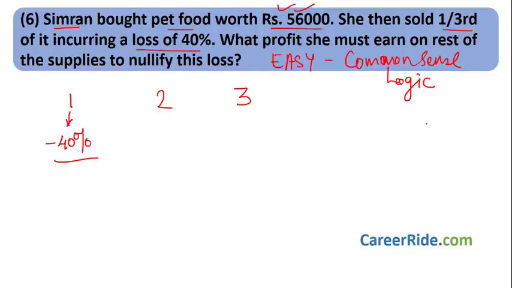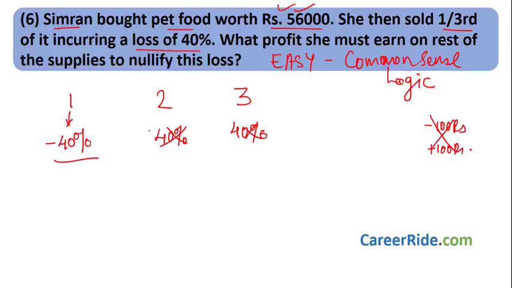Okay. Now, let us say it is common sense. Say if you do a trade or a transaction and there you get a loss of 100 rupees. If you want to nullify this in the other trade, you will try to get 100 rupees more so that this gets nullified and cancelled out. So in the second and third, if we take 40% profit and 40% profit, this should get nullified, right? Because then it would be nullified, but actually no.